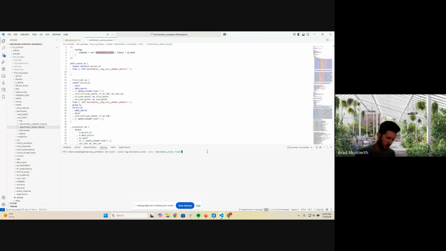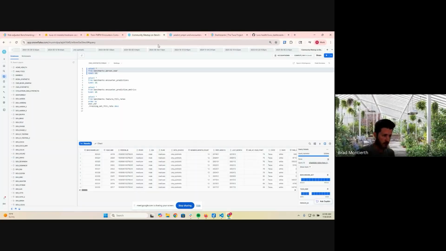Here's the command that we can use. There's a tag as well to just run these models. So if we run just the benchmarks trained models, as well as setting the benchmarks trained variable to true, then that will run everything in this pre-predict folder. And let me actually just jump over to Snowflake so we can look at the output of that table.